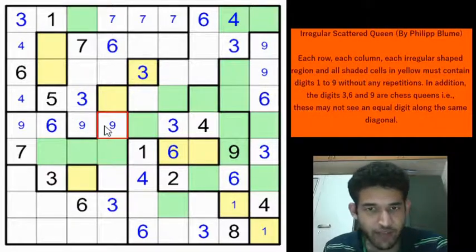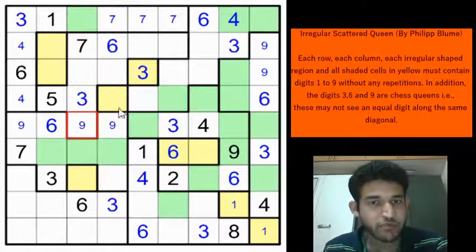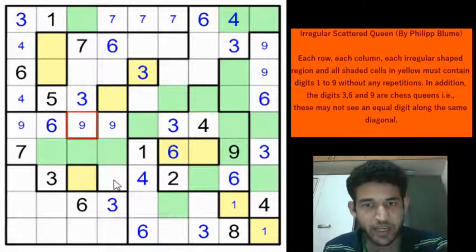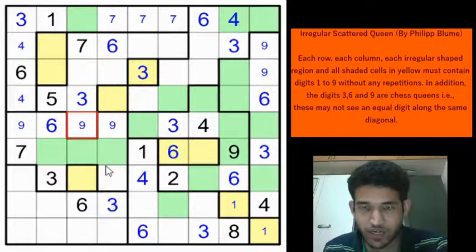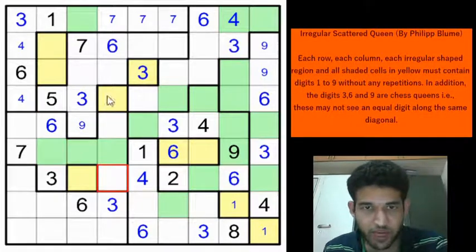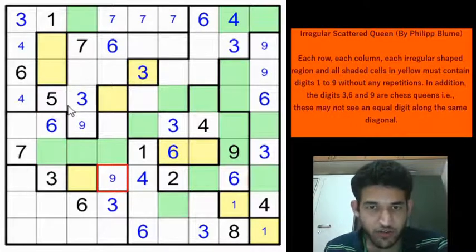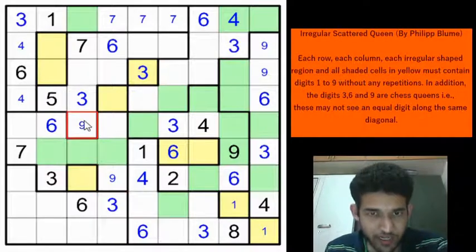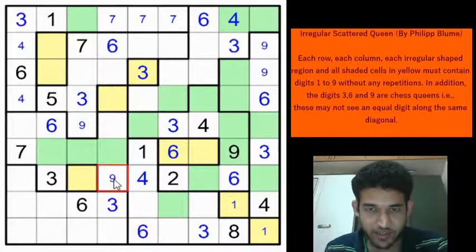Okay. So we have a 9 in these 3 cells, right? Let us see what happens if you have a 9 here. Basically we have to see if we are getting contradiction by playing around with 9s, because there is not much concrete logic that you can use here. So let us see these 9s. So using the queen property, if you have a 9 here, we can eliminate the 9 from here and here. And for this region, right, we will have a 9 here, right? I will mark using small digit, right, so that we don't confuse with the actual digit. So if you have a 9 here, for this region you will have the 9 here, right? And using the diagonal property, we will have the 9 for this region in this cell, right?